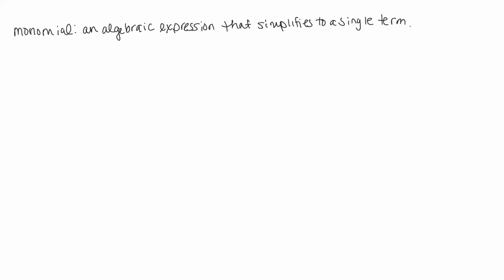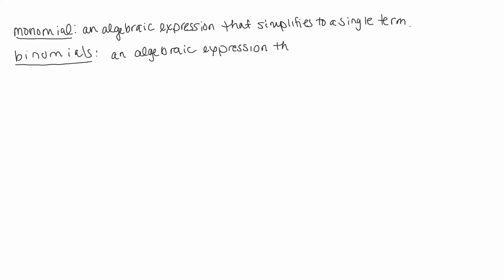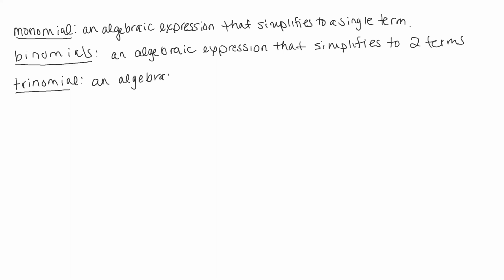Okay, we then have what's called a binomial. We're going to talk a good bit today about binomials. So a binomial is an algebraic expression that simplifies to two terms. And then about halfway down the first page of your worksheet, there is the definition of a trinomial. I'll bring it back up when the time comes, but I just want to group these together for the moment. You then have a trinomial, which is an algebraic expression that simplifies